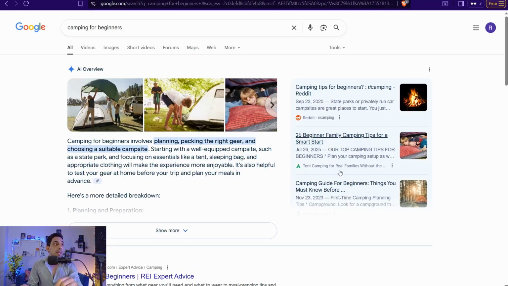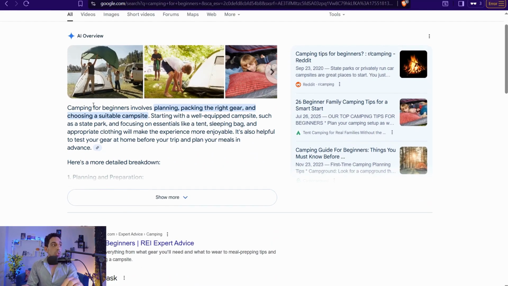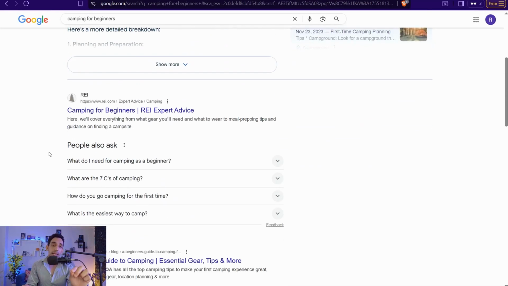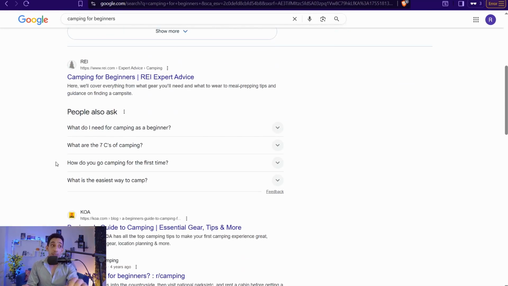Here you can go to a specific place where you can find tens or even hundreds of ideas for your profitable ebook. For sure, it is google.com. For example, if you're interested in the camping niche, I can type something like camping for beginners. Now we can scroll to a specific gold mine here on Google itself. That is, People also ask.